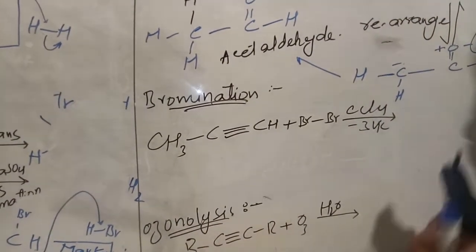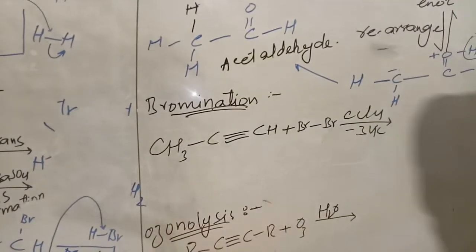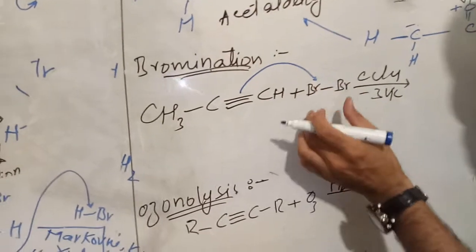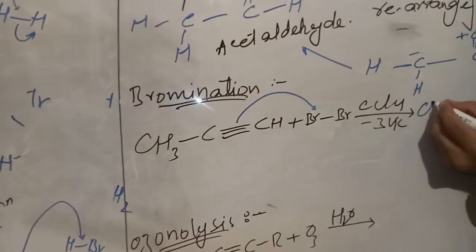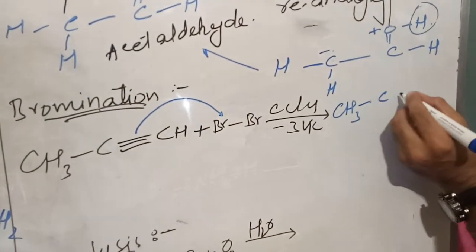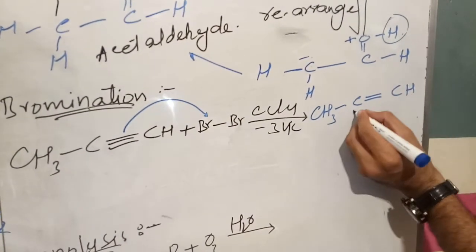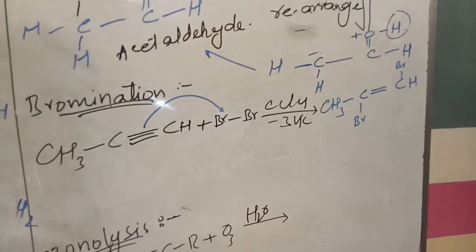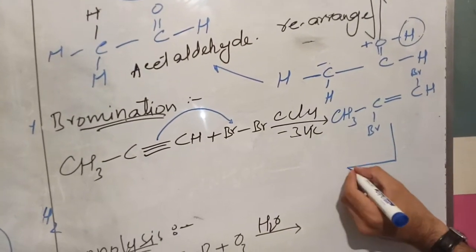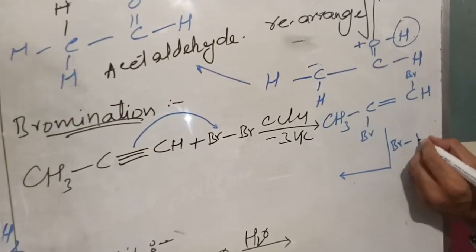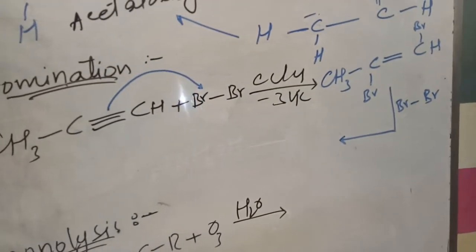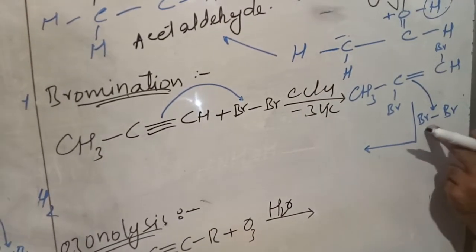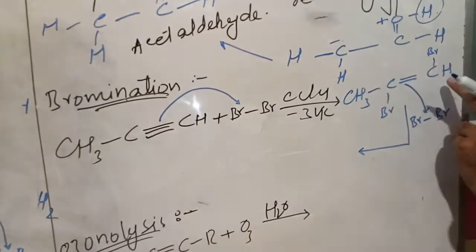Bromination means addition of bromine to alkyne. So the mechanism is the same as we have done earlier. The arrow will come from this side to bromine, and first two bromines will attach to this molecule: CH3 single bond C double bond CH, one bromine at this side, one bromine at this side. Now it means we have 5 bonds, so we can further react this molecule with bromine. Again the arrow will go from the nucleophile to bromine. This pi bond will break, and these two bromines will again attach, one at this carbon, one at this carbon.